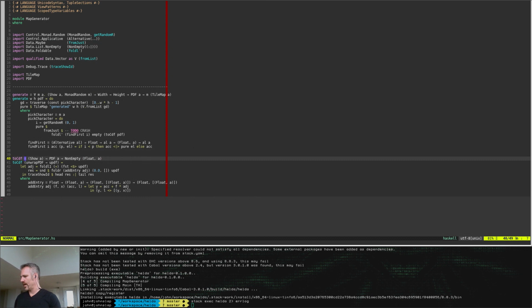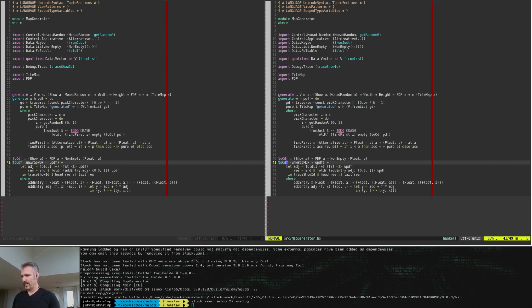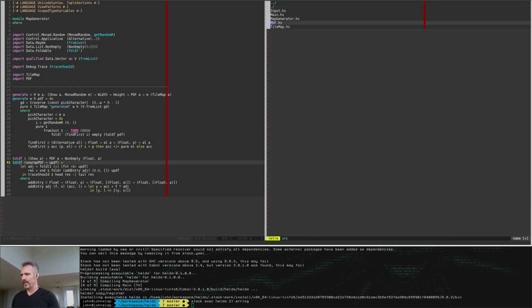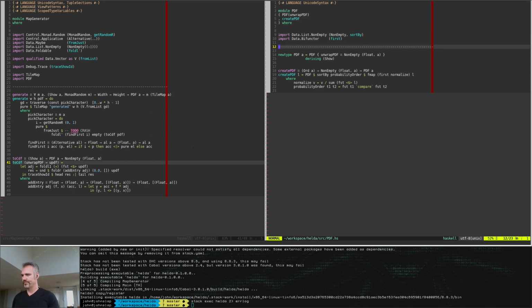So I don't like that we don't have any check here, because we know that this non-empty list of a tuple of a float and element is a continuous distribution function simply because we named it so. And I don't like making up names when I can make up types. So we're gonna go here in our wrongly named module, and we're gonna create a new type, CDF of A,